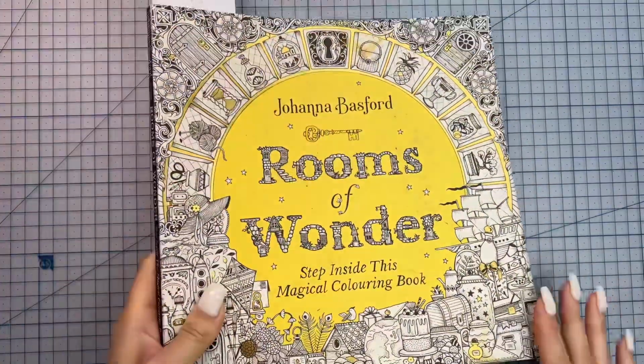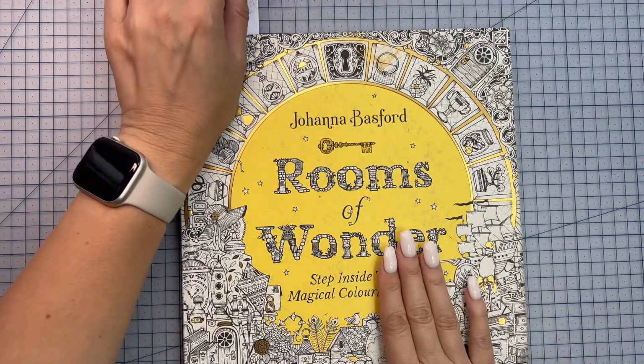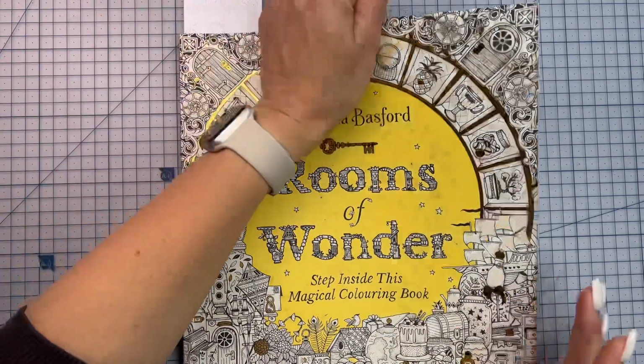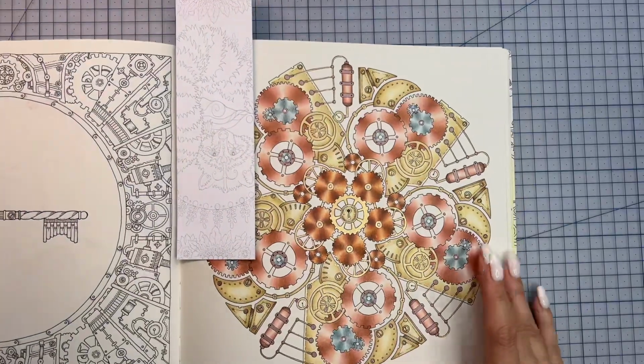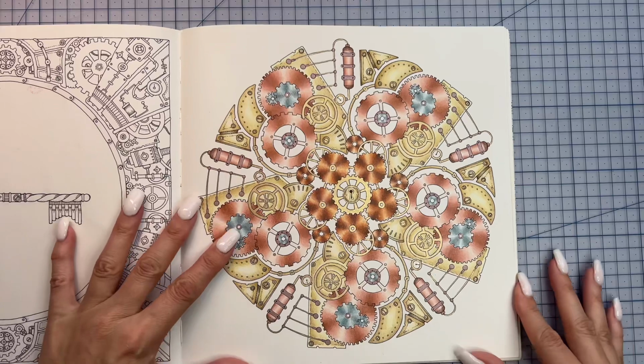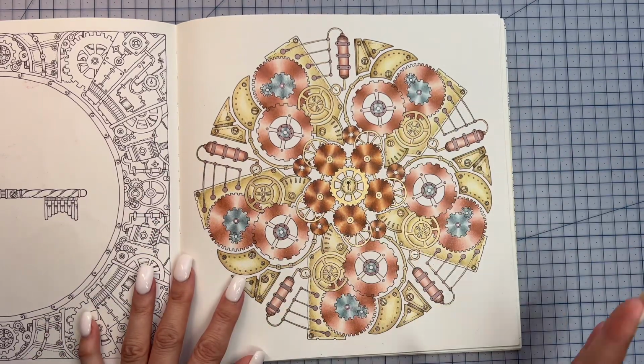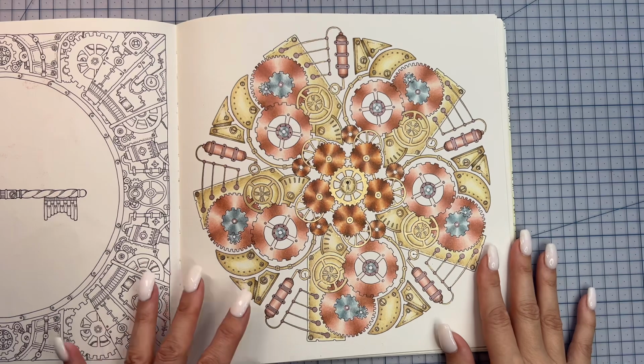And lucky last, I told you this was going to be a short video today, is Rooms of Wonder by Joanna Basford, and this is our other full book colour along, and I coloured this metal cog spherical design page here. I decided not to do a background on this one. I don't think it needed one. Again, this is Prismacolor